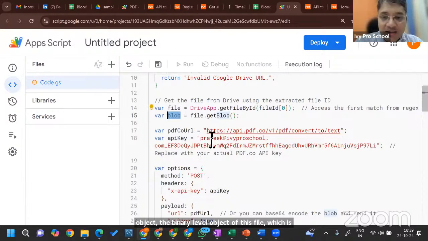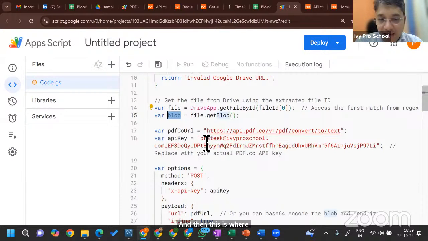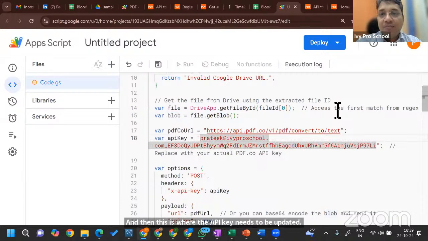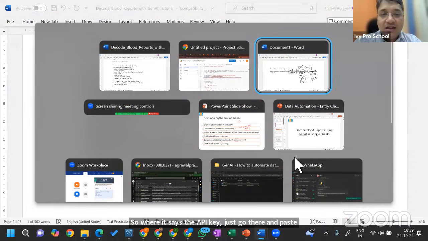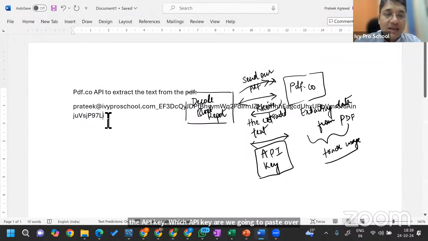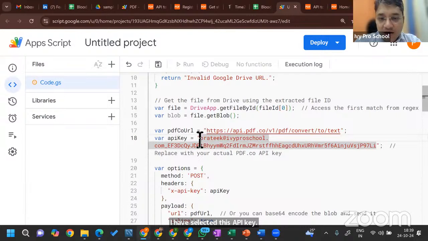And then this is where the API key needs to be updated. So where it says API key, just go there and paste the API key. Which API key are we going to paste over here? The API key that we got from pdf.co. So this is my API key. I have selected this API key. And what I have done here is that I have pasted it over here under single or double quotes. Remember to give the single or double quotes. Don't